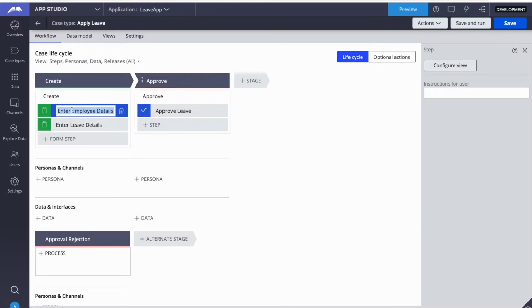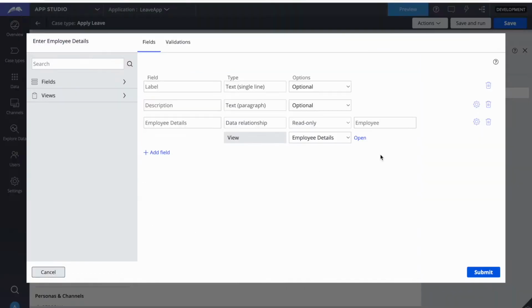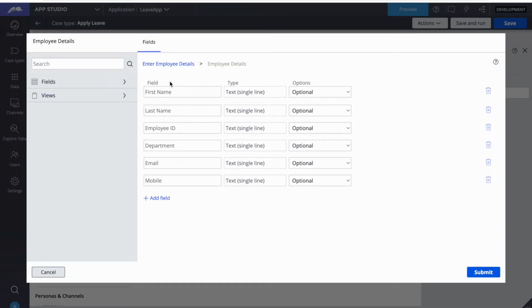So what we have to do, we have to just click on that step and click on configure. So here, if you remember, we had created a view from here last time. But this time it's already there, so I can just click on open and it will open. So just wait for a second. So you can see here it came, and last time I forgot to mention that from here only